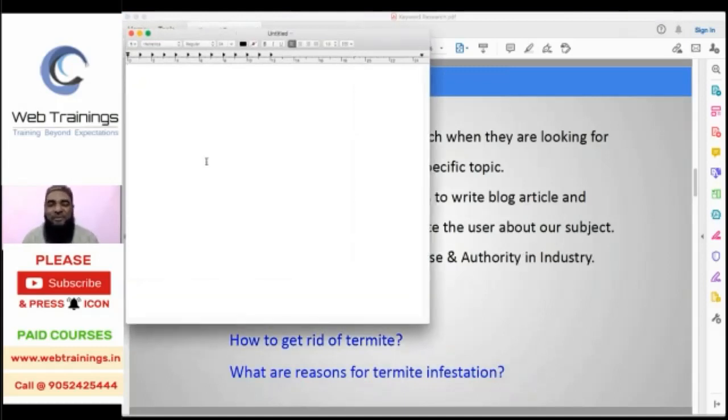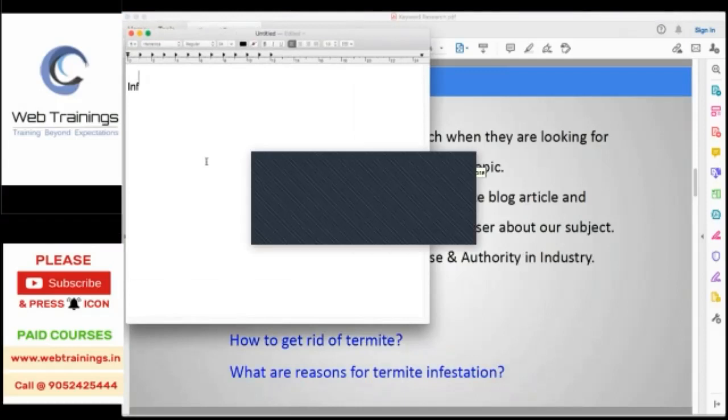Okay, so what are the types of queries? So here is the point. When we talk about the user point of view,